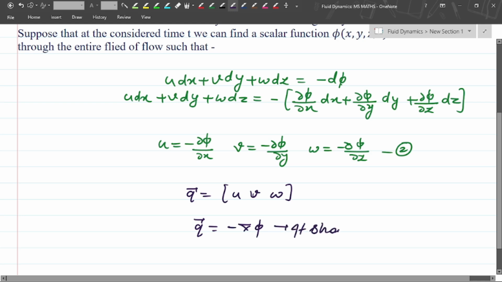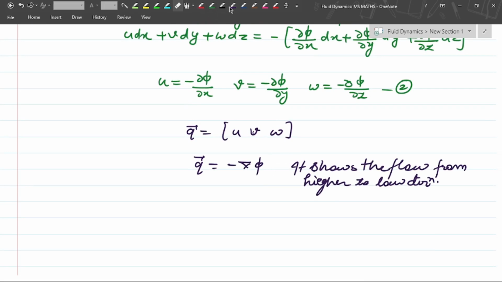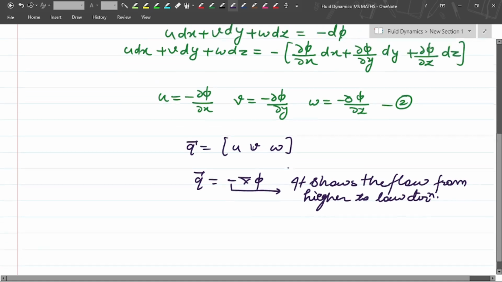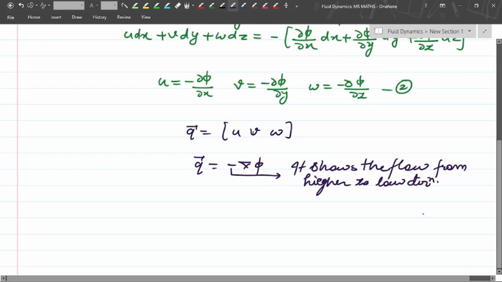It shows the flow from higher to lower direction. It shows the flow, which is this negative sign. So this is equation number 3. For equation number 3 to hold,